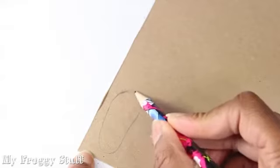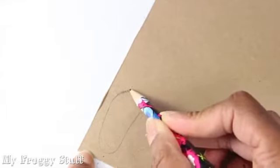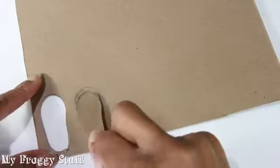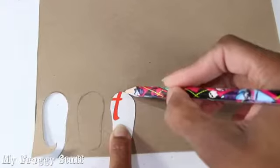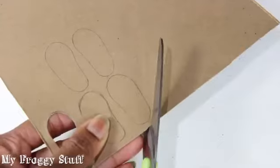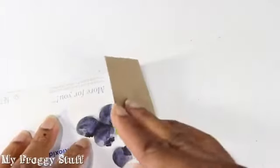And I'm just going to round out the toe a little bit more. Cut it out. Using it as a pattern, I trace another, flip it to the other side to make the other shoe, repeat until there are two for each shoe, cut them out,